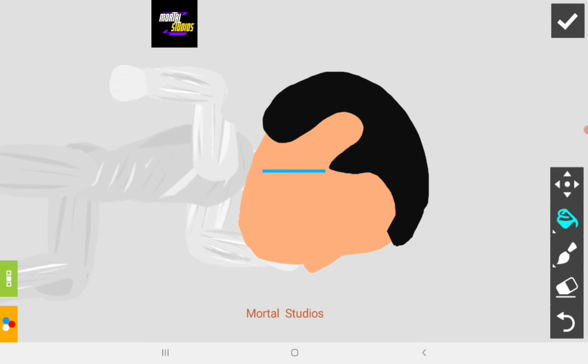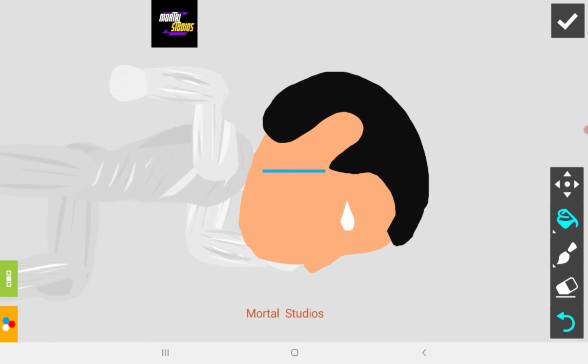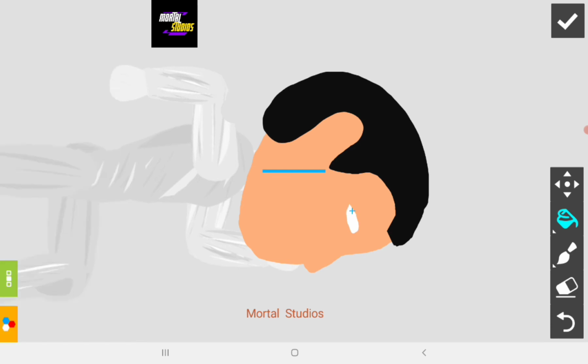And then after doing the nose, we're going to select white for the eye. The eye patch is a little difficult. It'll take some time for making the eye patch. Okay, this is it. Okay, now select the black one and carefully make the inner eye patch. This is also a bit difficult, but it'll take some time. Just again and again, just do it. Yeah, now we're done with that. Now we'll just make a small eye patch inside that. Yeah, now we're done with that too. It is a good looking character now.